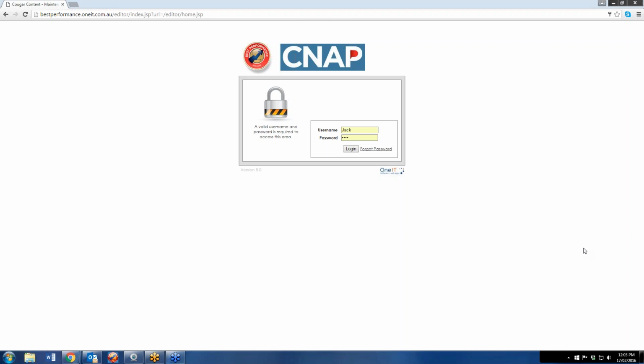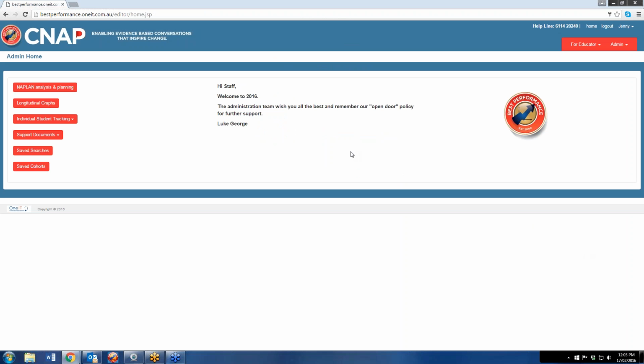Very good. Okay, so what I'm going to do is log into CNAP, and we'll begin at the home page. This will be familiar to everyone in terms of what you can see. What we've put in there is a way to personalise the home page. That is something you can either take or leave. A lot of schools have been using it, others won't. But we did get a request to personalise the page and make it a little less generic. It's quite plain at the moment.